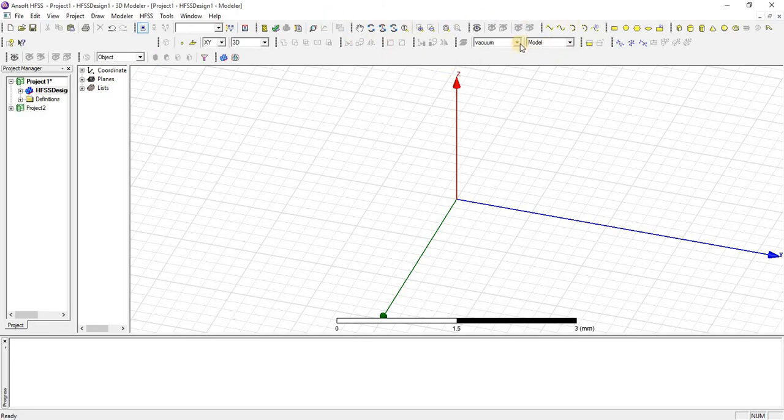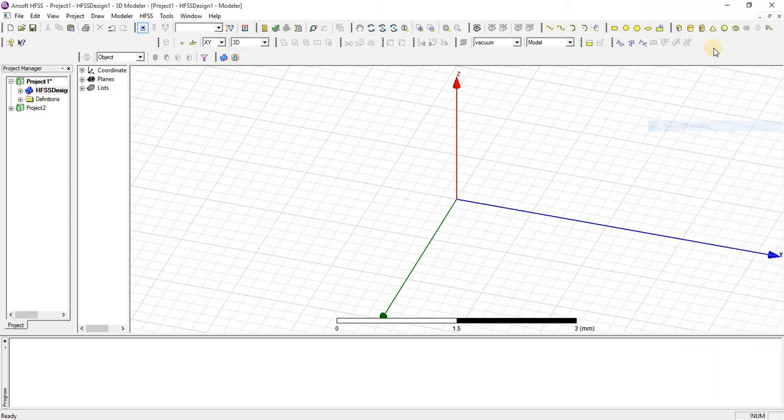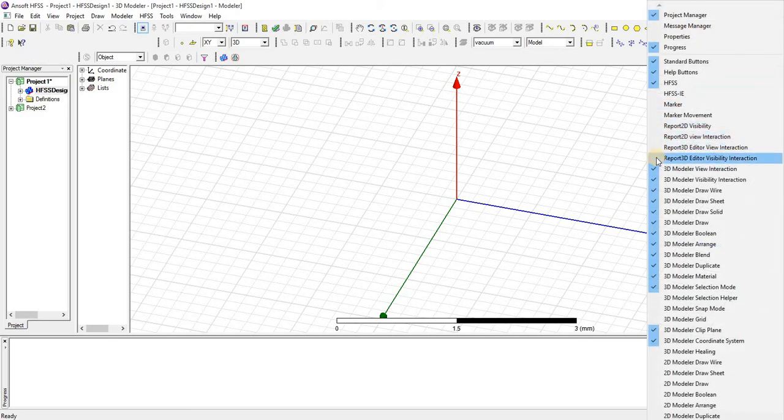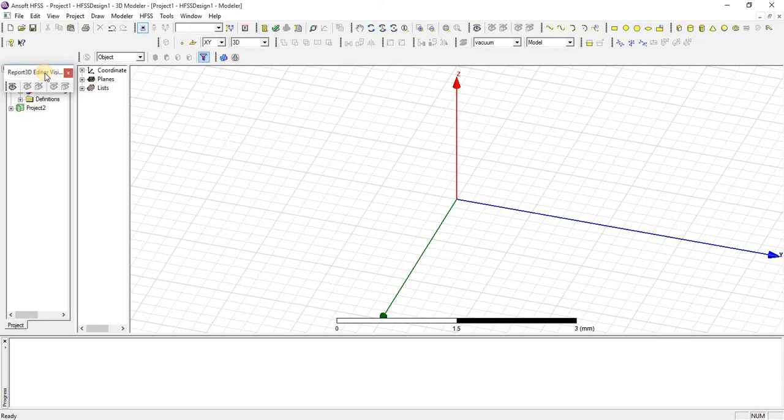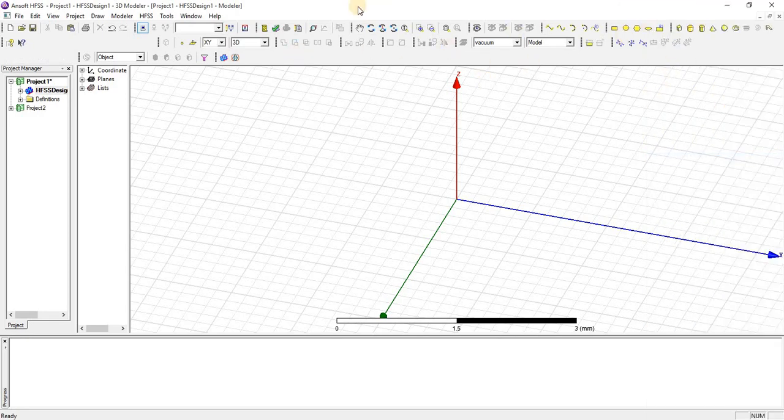That will be adjusted here. Similarly, any window you need, just click on it and double click. That will be adjusted here in the toolbar.